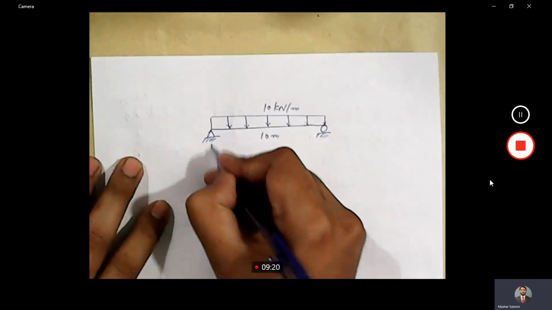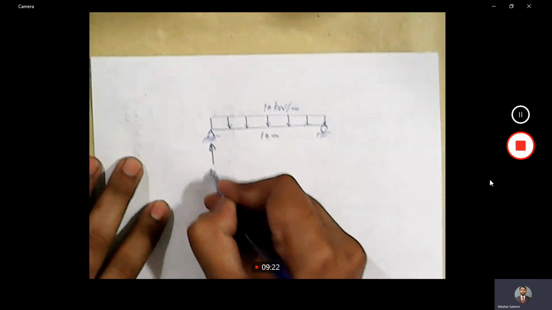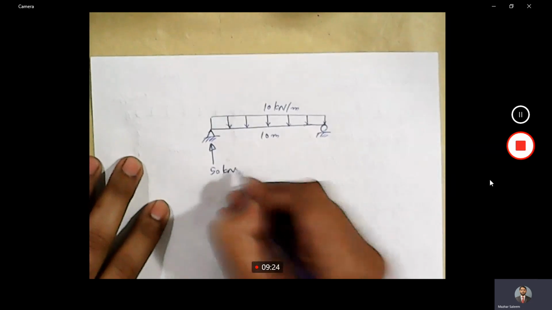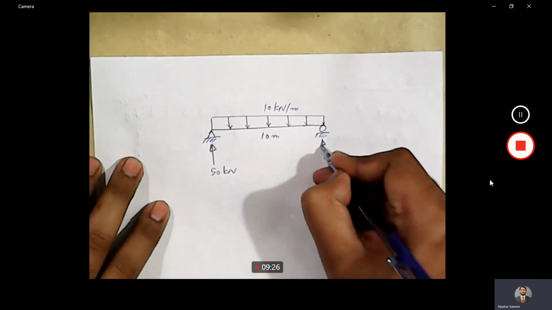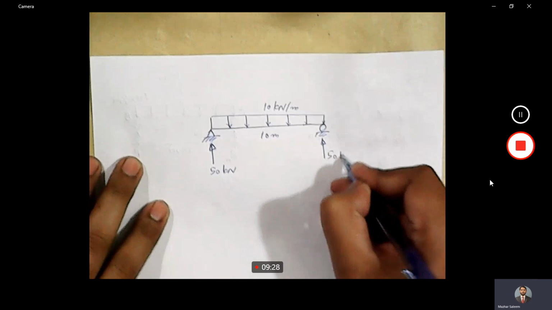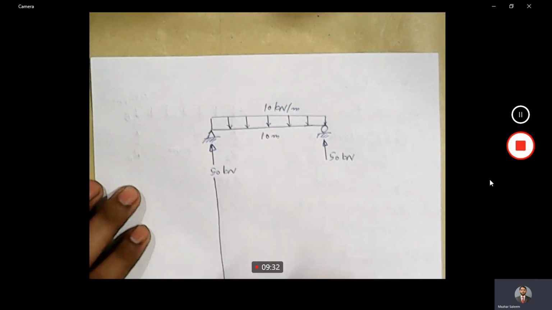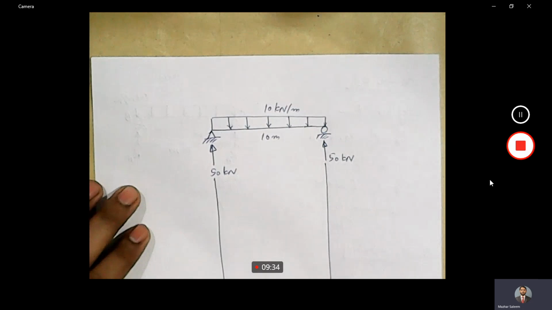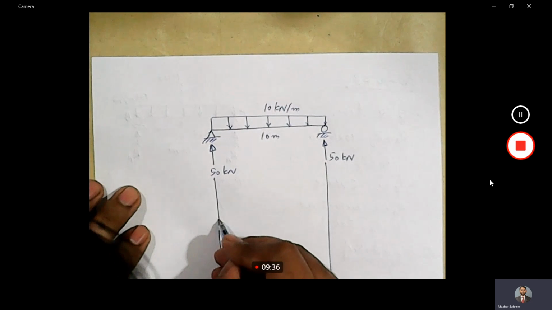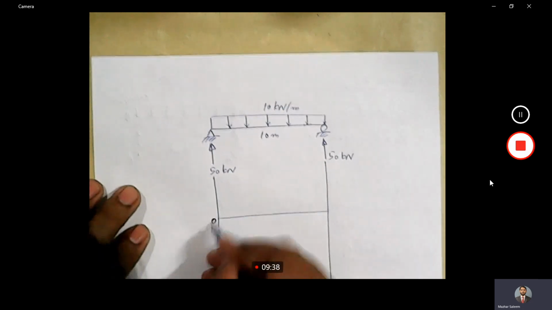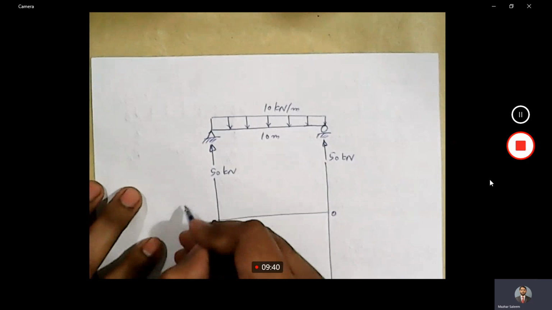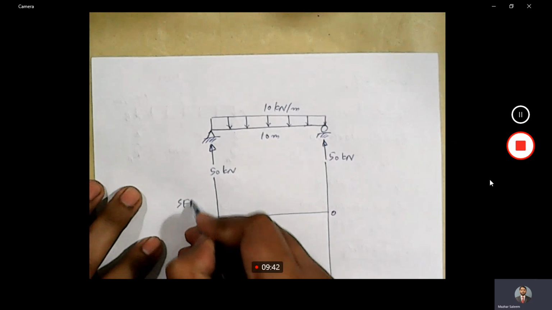Span is 10 meters. Reaction here is 50 kilonewton, 50 kilonewton. These are the guidelines to draw a shear force diagram and bending moment diagram. 0 here, 0 here. We are going to draw SFD